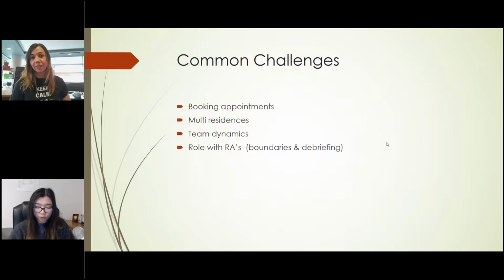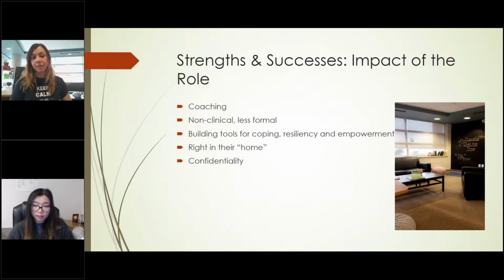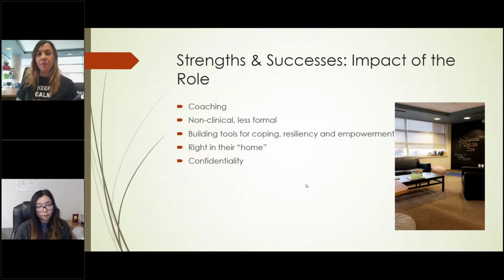Okay, so I guess we'll move on. Strengths and successes, impact of the role. I've talked a lot about this. My focus is really about, and I don't have to talk much about this because as I understand, there's a lot of mental health workers tuning into this, but my focus is not trying to get rid of